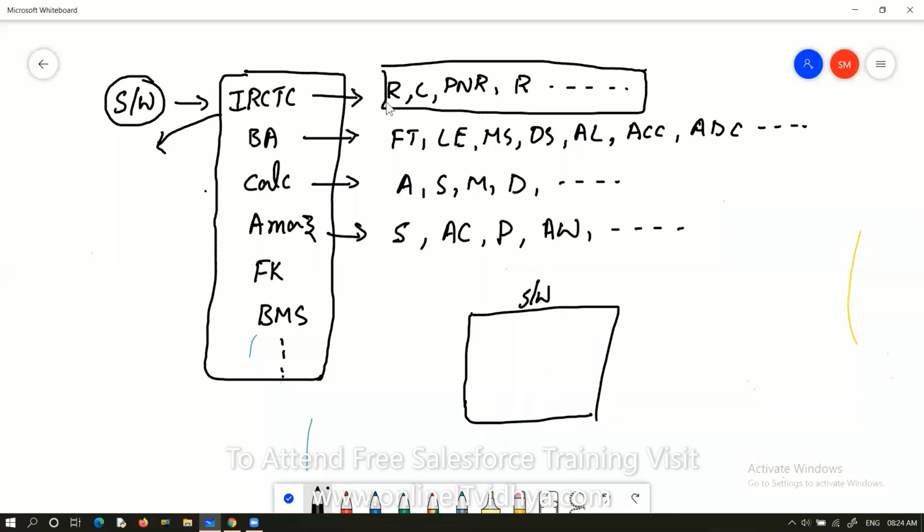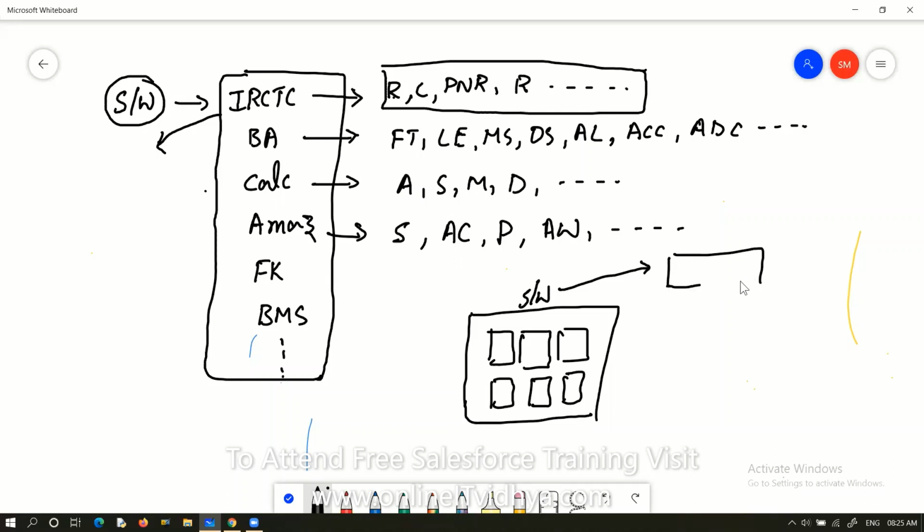Then how do we perform this reservation operation, this cancellation operation, this PNR inquiry? For that, we need to write some programs. First program, second program, third program, fourth program, using one of the programming languages. Yes, this software you can develop by using one of the programming languages.